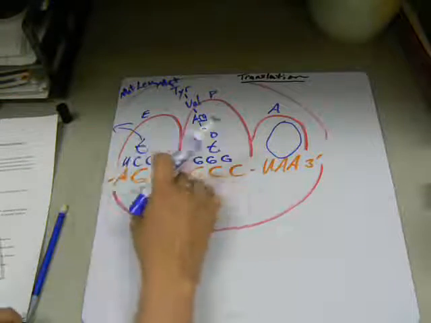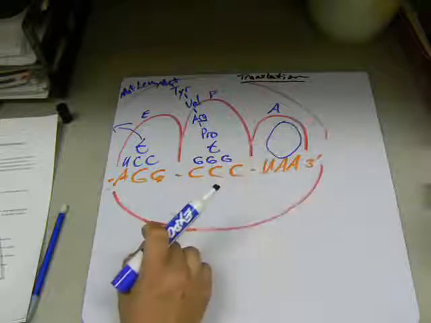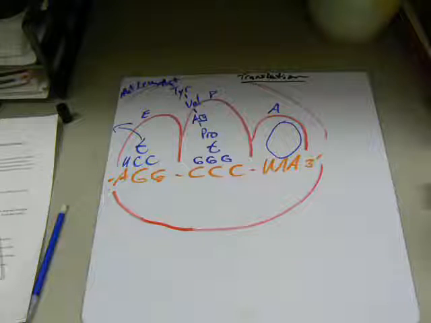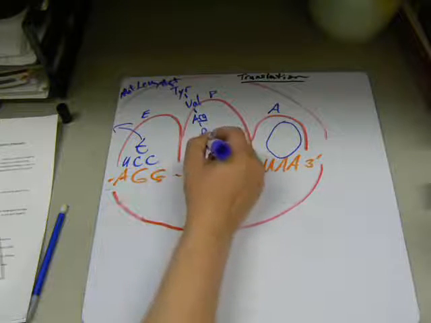These tRNAs detach from the mRNA, and this ribosome can go back to the beginning and clamp down and start over again. And it can make another protein from this mRNA, and this protein is going to detach,